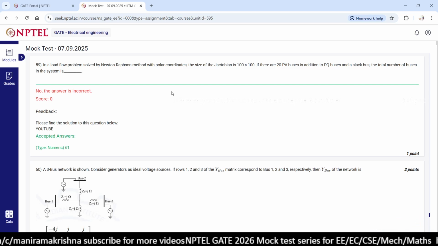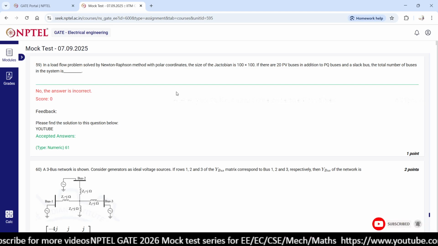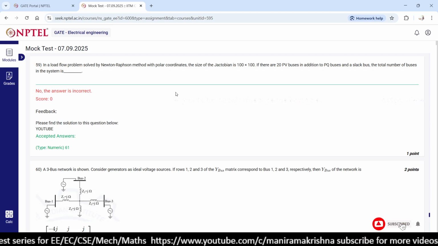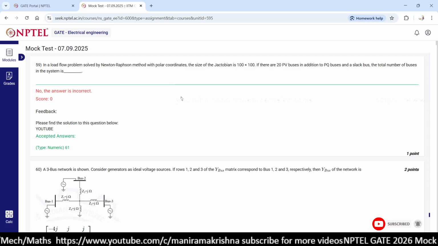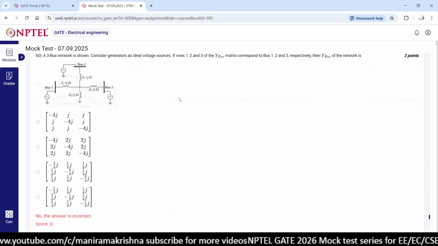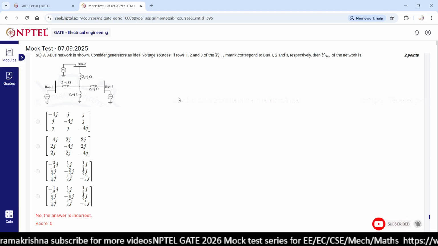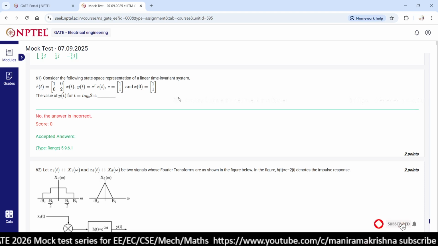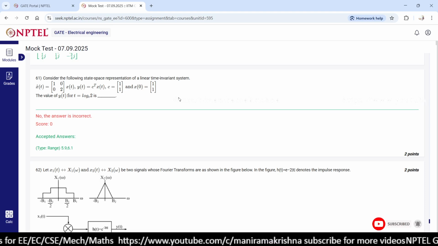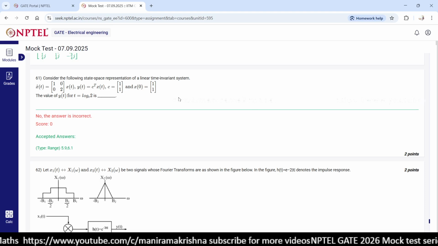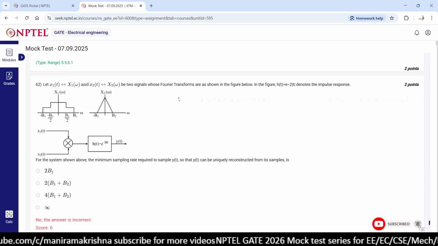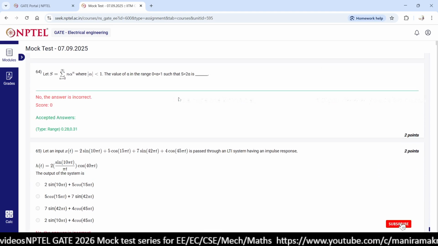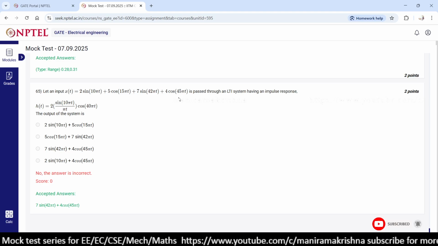In power systems, we have power system analysis and power system operation and control. PSOC and PSA are separate subjects. So we have the 61st question, the 2-mark question. The 64th question is related to maths, and the 65th question is also related to